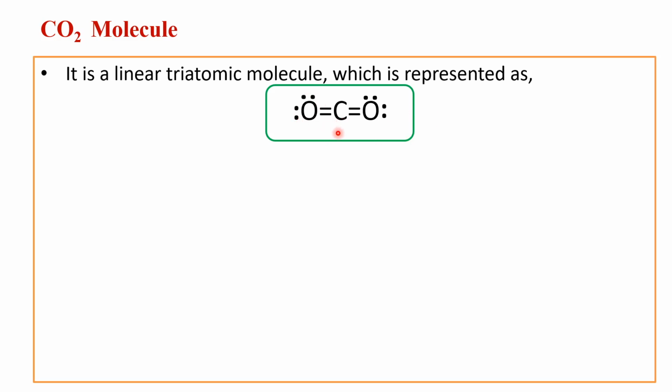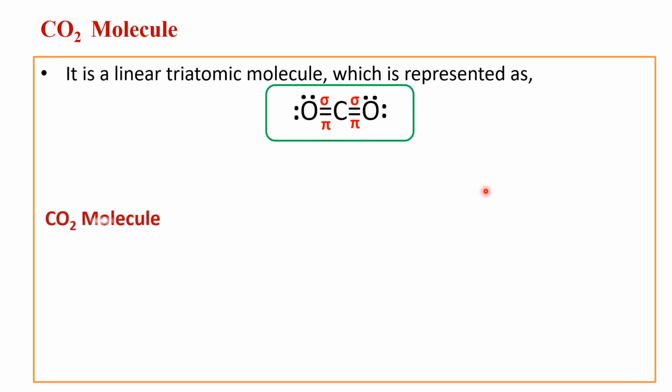Double bond means there is a presence of a sigma bond and a pi bond. So there is a presence of sigma and the pi bond, again sigma and the pi bond. So in the CO2 molecule, we can say that there is a presence of two double bonds, means there is a presence of two sigma bonds and the two pi bonds, and along with this there is a presence of four lone pairs, in which each oxygen is having its two lone pairs.